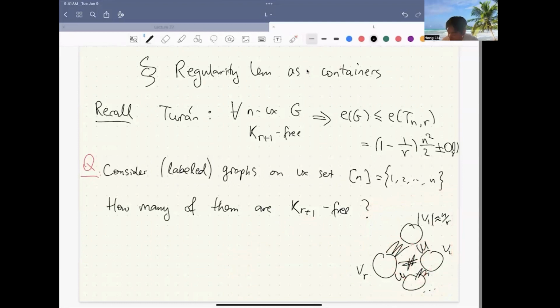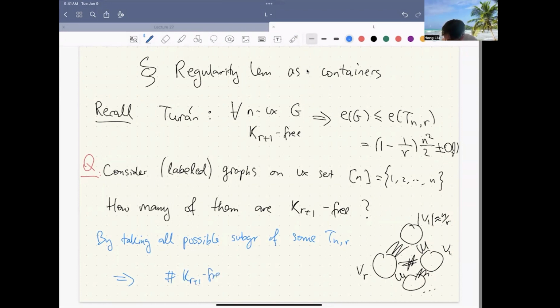So, by taking all possible subgraphs of some labeled Turán graph on the first n integers, we will get the lower bound, this number, K_{r+1}-free graphs